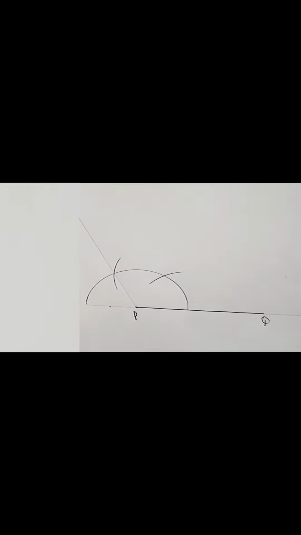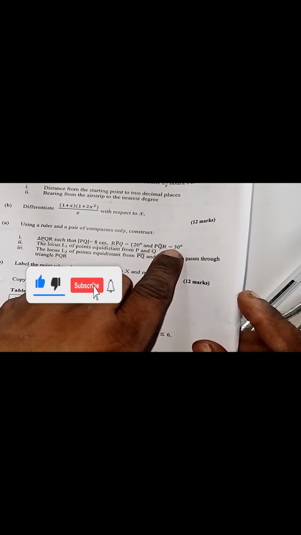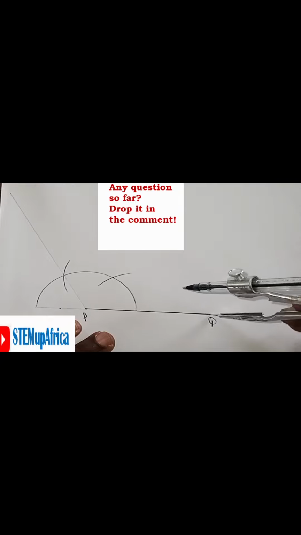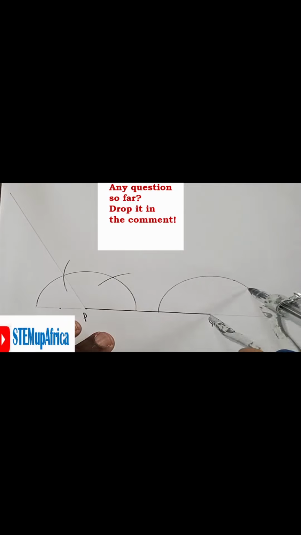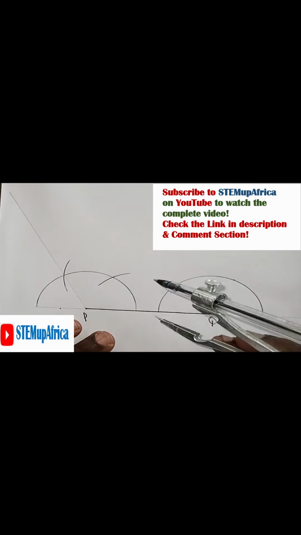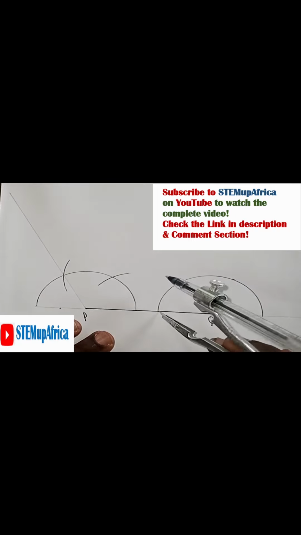So they also said angle Q here is 30 degrees. So let's concentrate on 30 degrees at Q. So at Q, I'll put my pair of compasses at that point and also draw a semicircle with any radius of my choice. So when I put the pair of compasses here with the same radius to cut